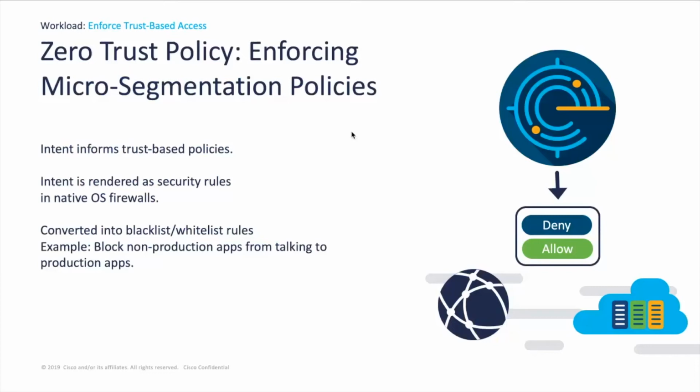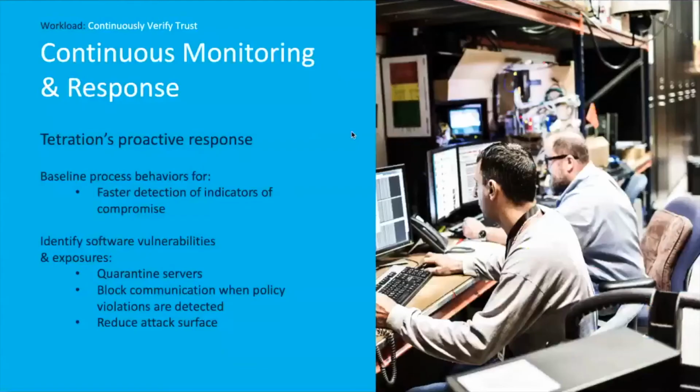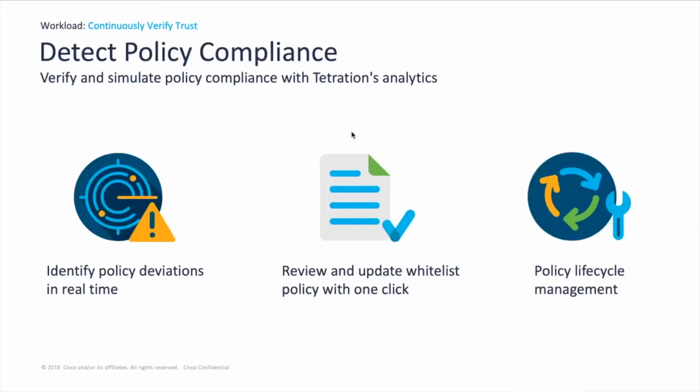So from a micro-segmentation point of view, we're now enforcing these policies of these small little pinholes of what we're allowing access to. Well, just because we have those pinholes between those bubbles still means something can happen. So we need baselines. We need to be able to determine what is normal behavior within an environment. What are we doing to identify what those compromises are, and what are we going to do to block those communications? Building those policies and that compliance within that environment.